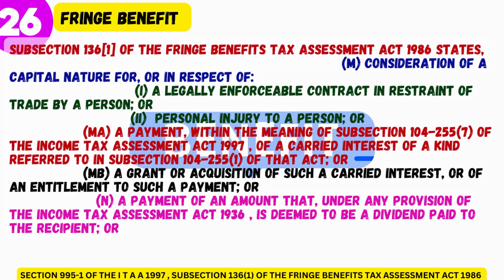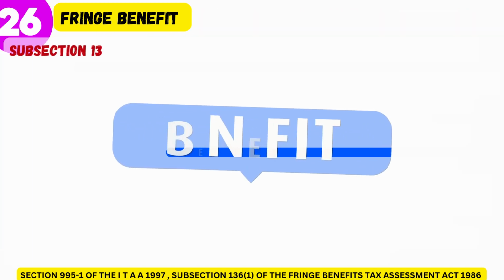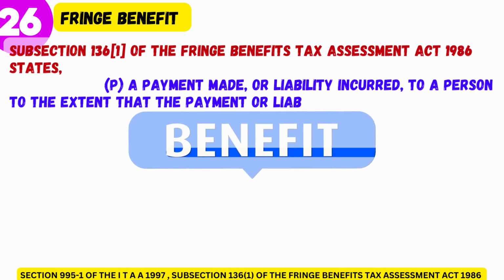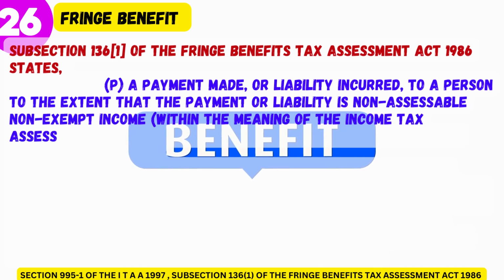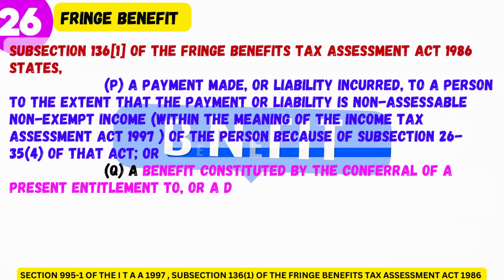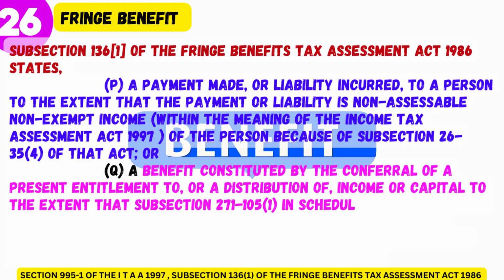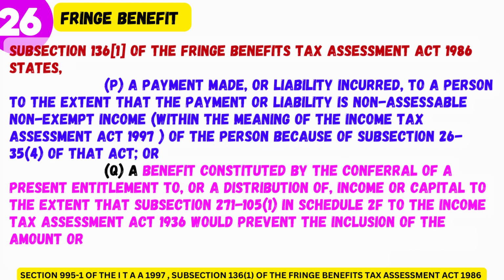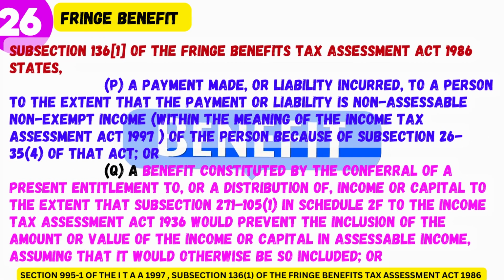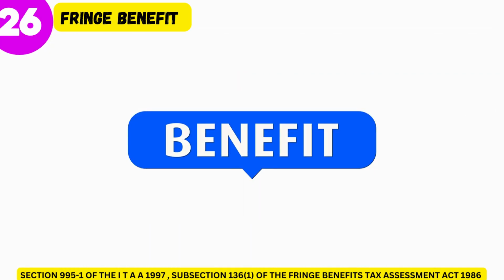1936, is deemed to be a dividend paid to the recipient, or P, a payment made, or liability incurred, to a person to the extent that the payment or liability is non-assessable non-exempt income, within the meaning of the Income Tax Assessment Act 1997, of the person because of subsection 26-35(4) of that Act, or Q, a benefit constituted by the conferral of a present entitlement to, or a distribution of, income or capital to the extent that subsection 271-105(1) in Schedule 2F to the Income Tax Assessment Act 1936 would prevent the inclusion of the amount or value of the income or capital in assessable income, assuming that it would otherwise be so included, or